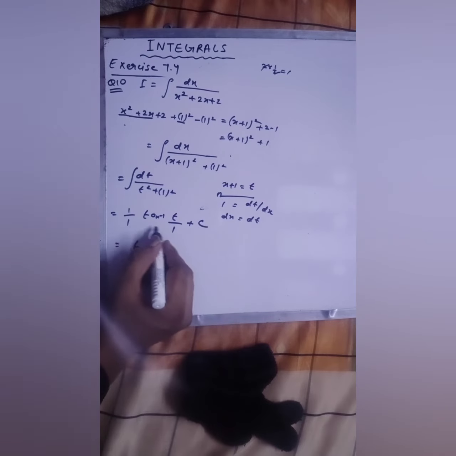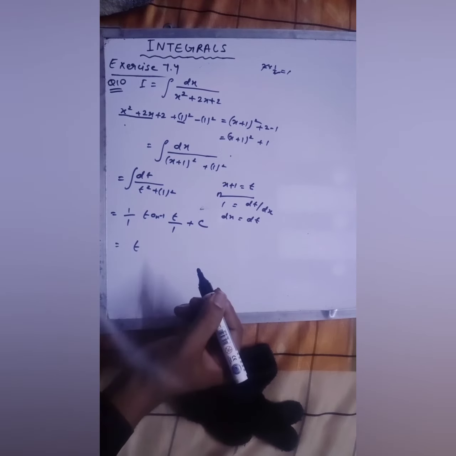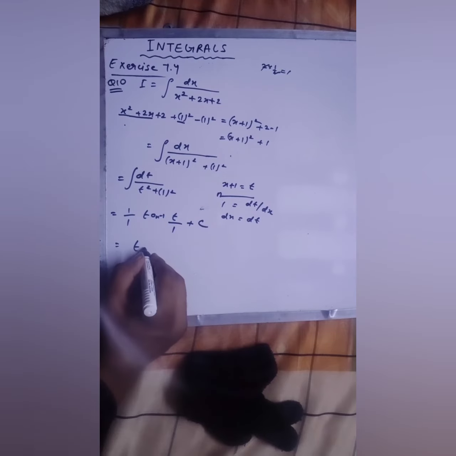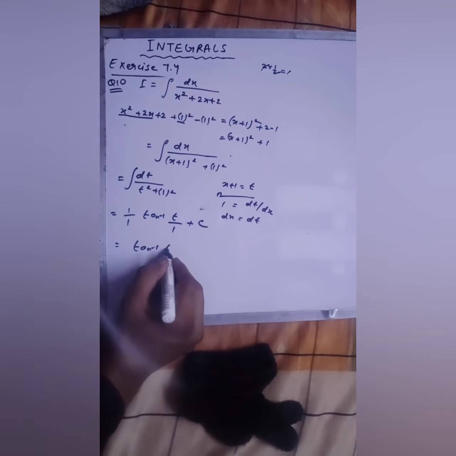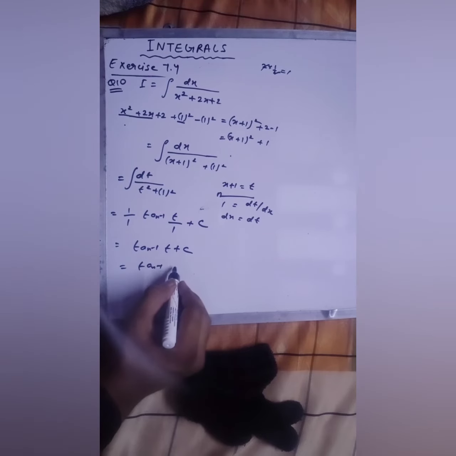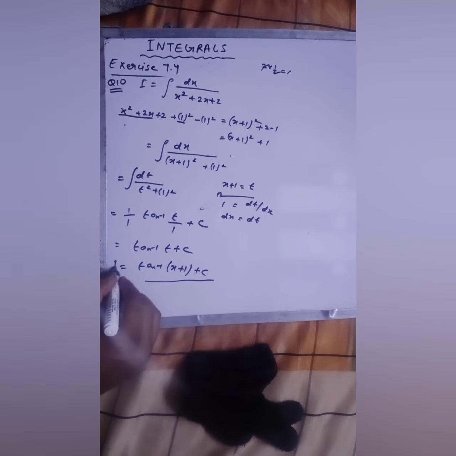So here I'm not writing the general formula, I'm directly putting the value because we have used this formula in two or three questions. Okay, in the previous question we have done this formula, that's why I'm not writing the general formula here. So you can check it out in your NCERT or in the starting of the video. That is tan inverse t plus c. Okay, so tan inverse, your t was x plus 1. So this is your final answer. This is the integral of this question.